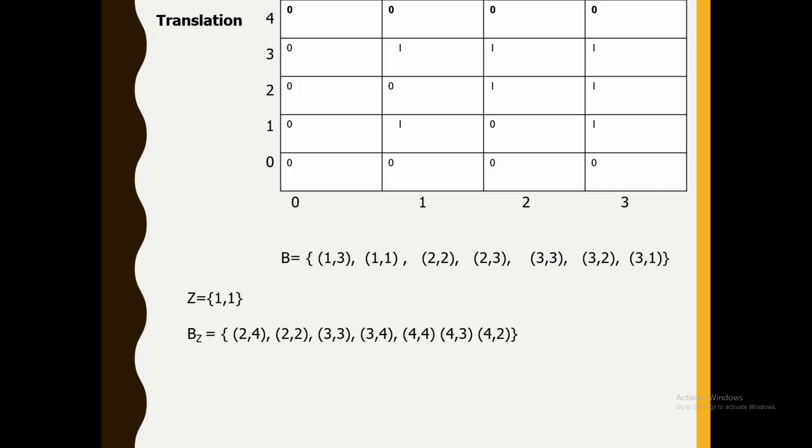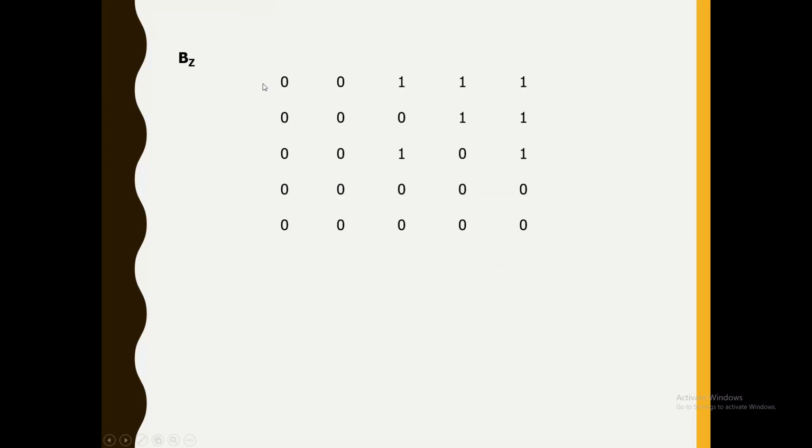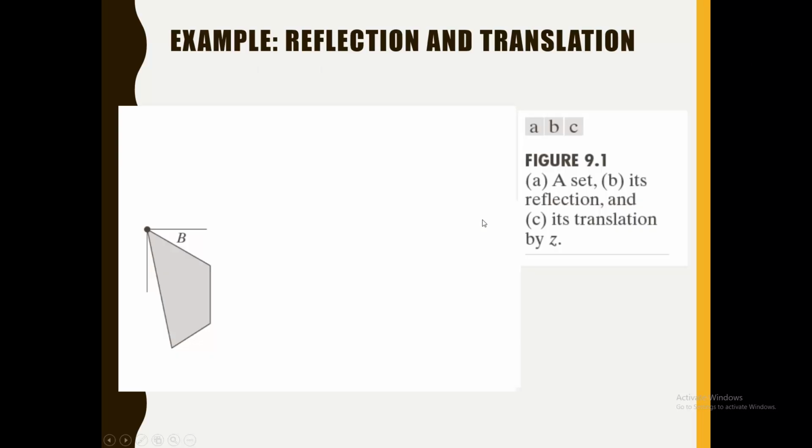So this one is an original B and this one corresponds to a translated B. So now the new matrix, the new image, will be this one. Now the reflection and translation can be understood with the help of this example also. This one is an original image. Now it has been reflected. So B hat is this one,